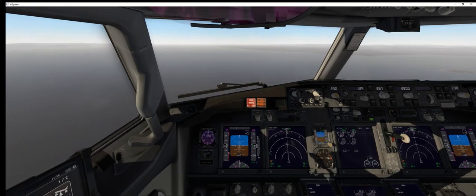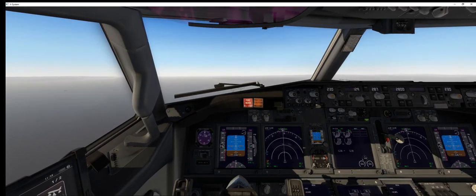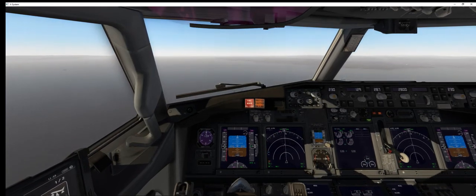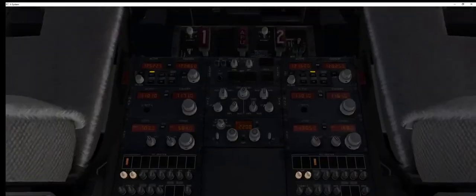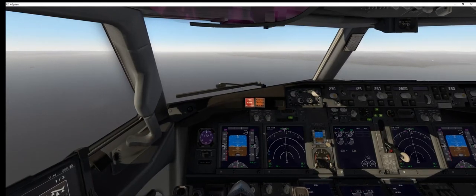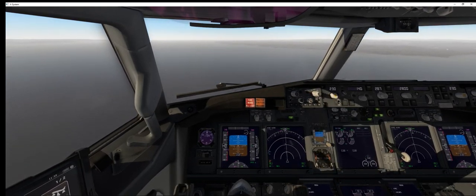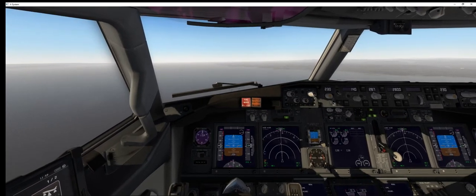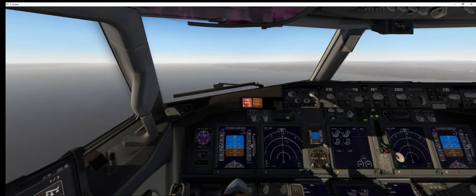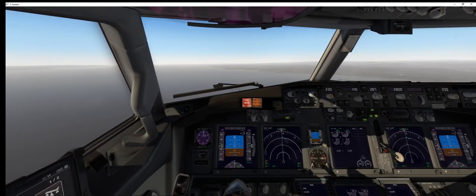Right, let's sort this one out again. Right. As I was way too fast. So gear down, brake set to 3. Air brakes flat 15 at the moment. Around about 60% M1. Flaps 15 at the moment, so we'll